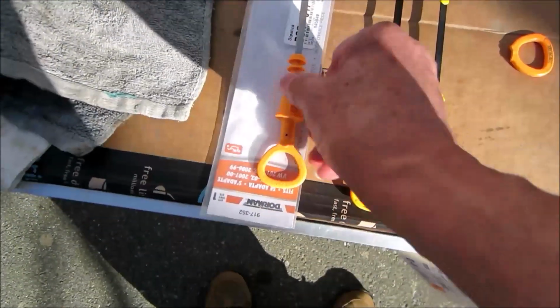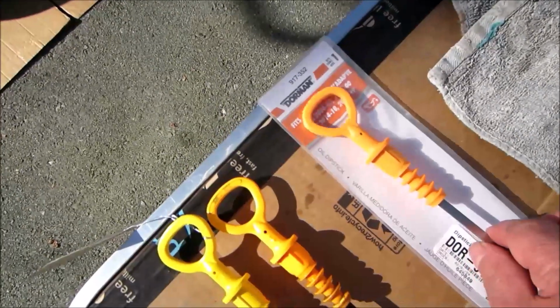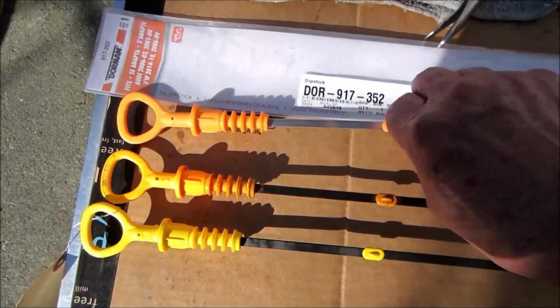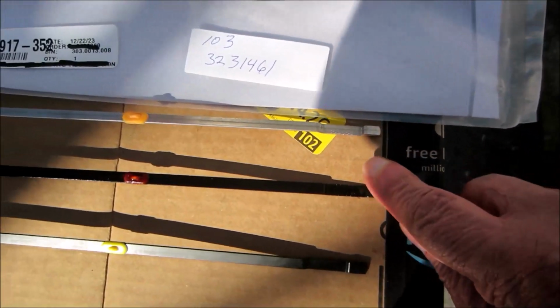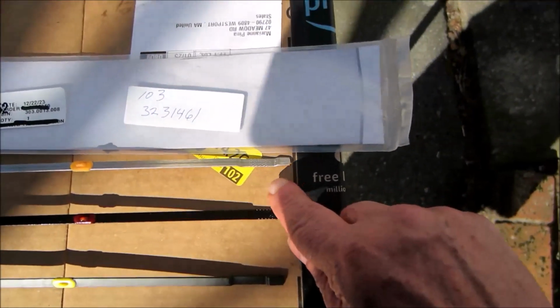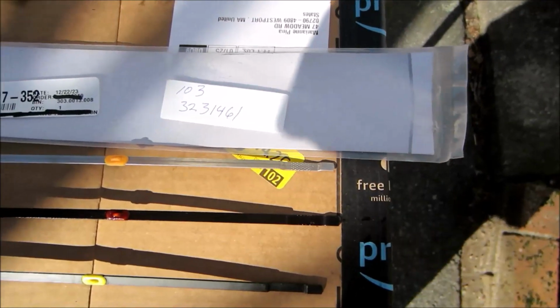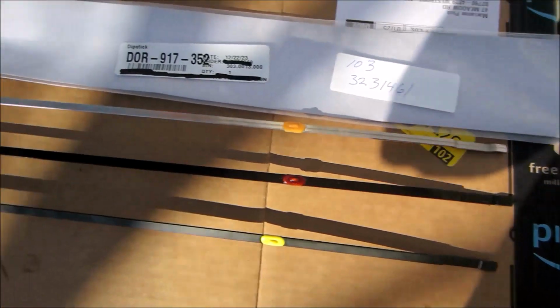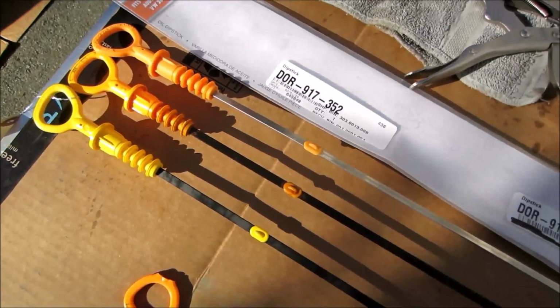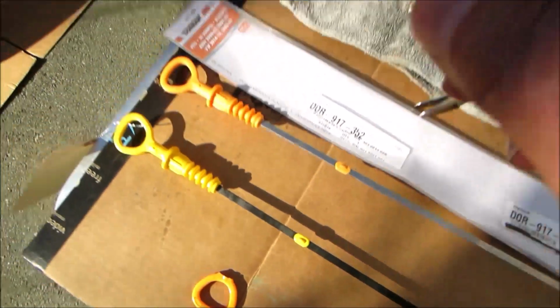This is a Dorman. I bought this on Amazon, and despite all the crazy reviews that said it wouldn't fit, that it was the wrong length, that it didn't have an indicator, of course the Dorman does. There's another one, perhaps, that doesn't fit, that also doesn't have a gauge to tell you how much oil's in the car. So I'm going to try all these in the Golf here to see how they work, see if there's any difference in the fit, because I noticed that this one